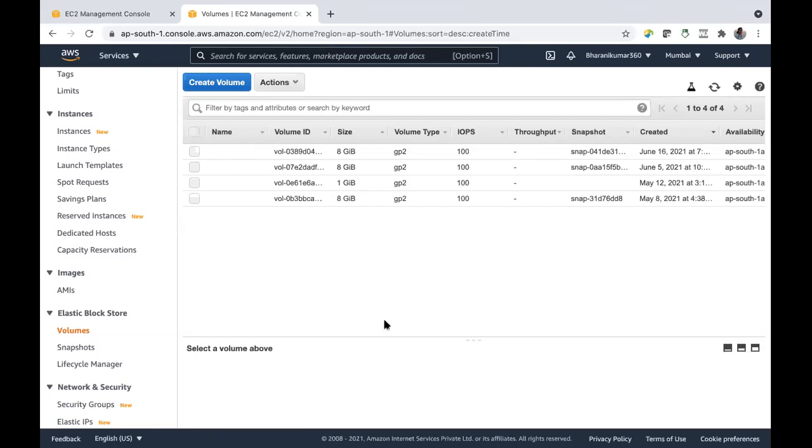But after creating the instance, you have used it for some time, and then you realize that you want more storage. Yes, you can go and add more volumes. This is the place where you can do that. You can create a volume and attach it to your instance. Yes, clear guys? Any doubts?